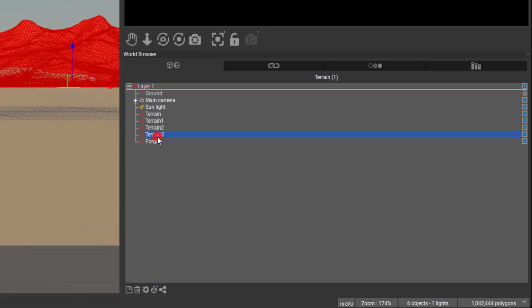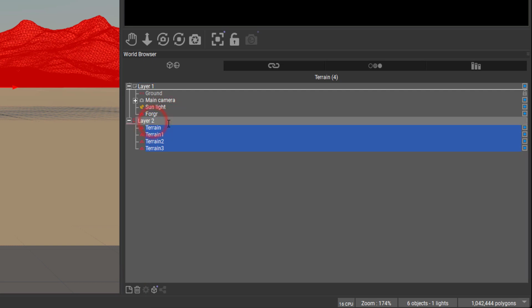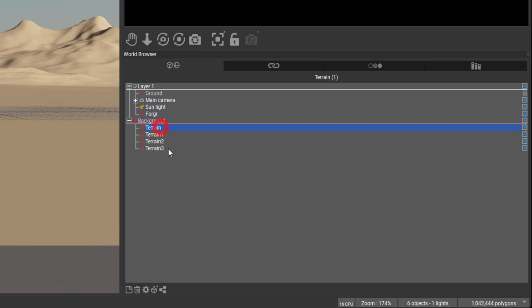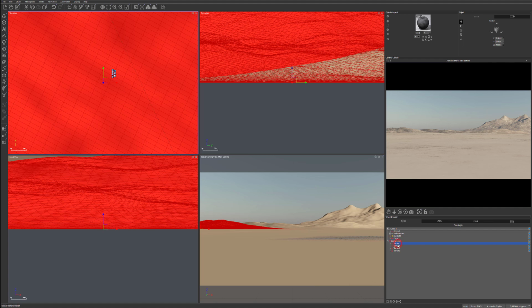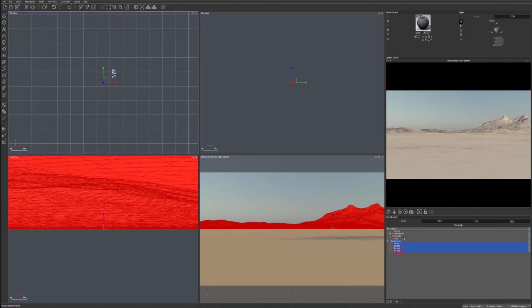I'm going to foreground, and all of this, we'll create a new folder and we'll just move this to this new kind of layer or folder, whatever you want to call it, probably layer is better. It will help us organize a little bit. Okay, so we have back mountains and foreground, and on the back mountains we can actually start working. Select all